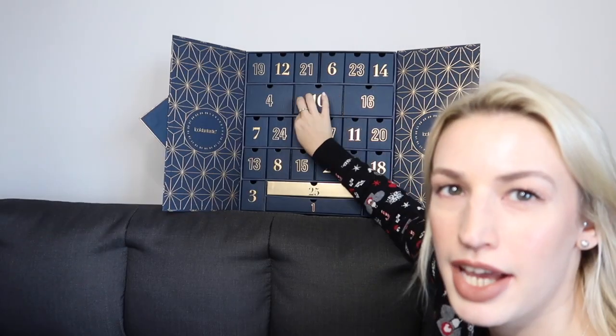I believe a full size is 75ml, so a little bigger than half. But it's not bad. You won't need too much of it depending on how thick your hair is, and there's enough in there to kind of give it a go and see how you like it before you decide if you want to go ahead and purchase a full size or whatever. Then we are on to